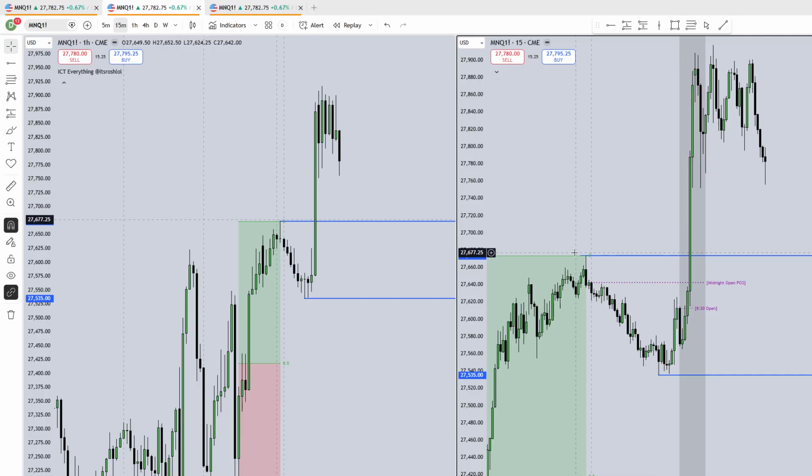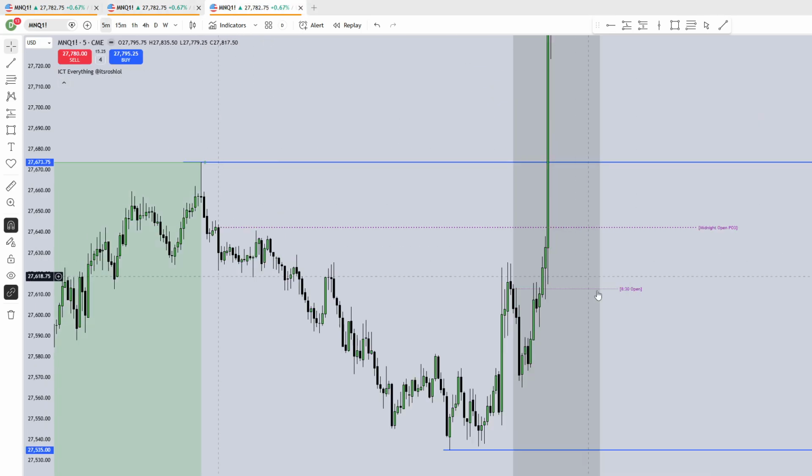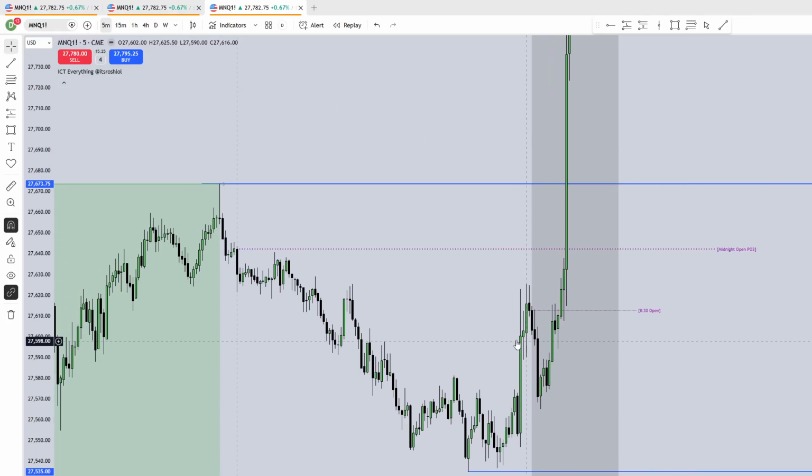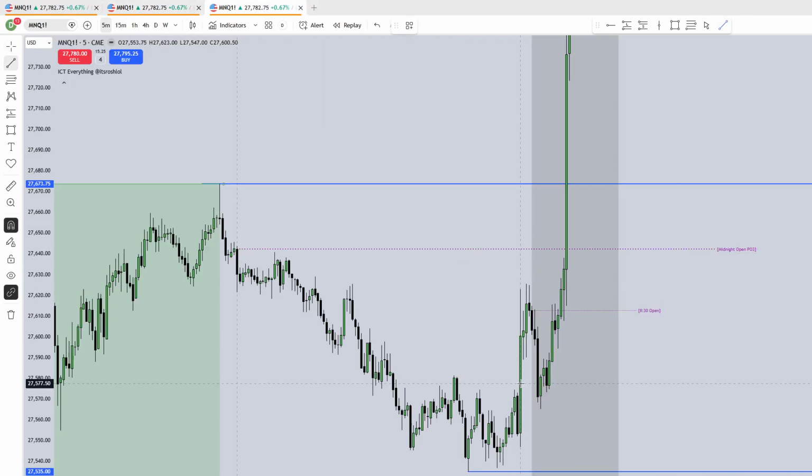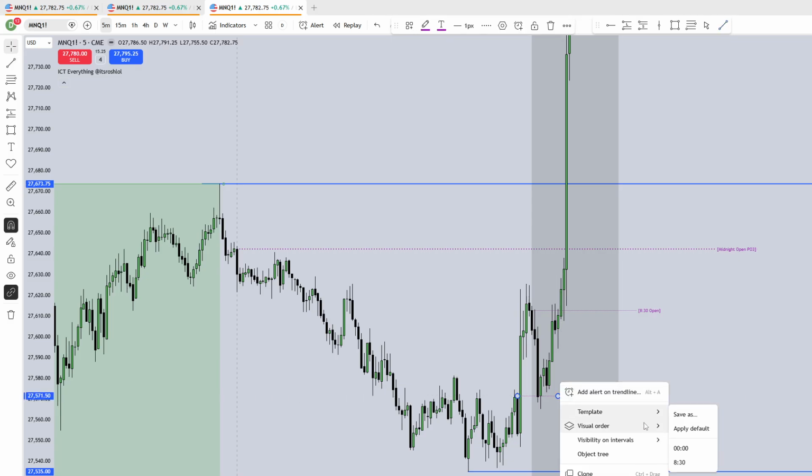So still using that same idea of manipulating price higher to go lower, just taking the trade in that direction and then calling it a day. So as you can see at the 8:40, 8:50 macro, we're trading lower into this 15-minute imbalance and this bullish order block. So if I draw that out just like this,